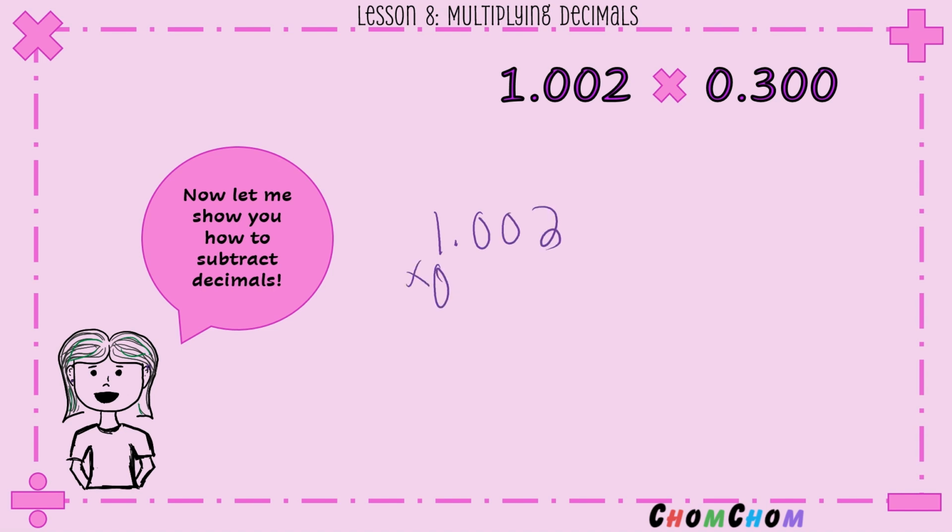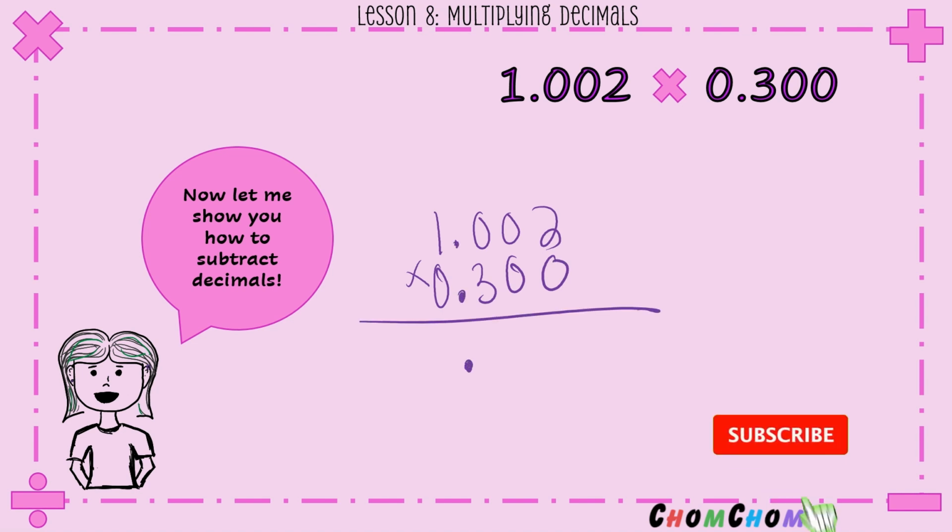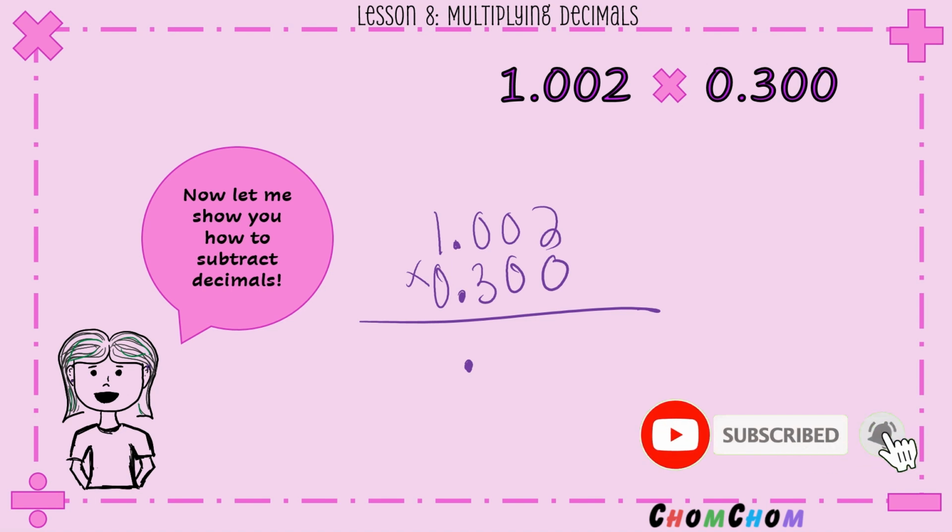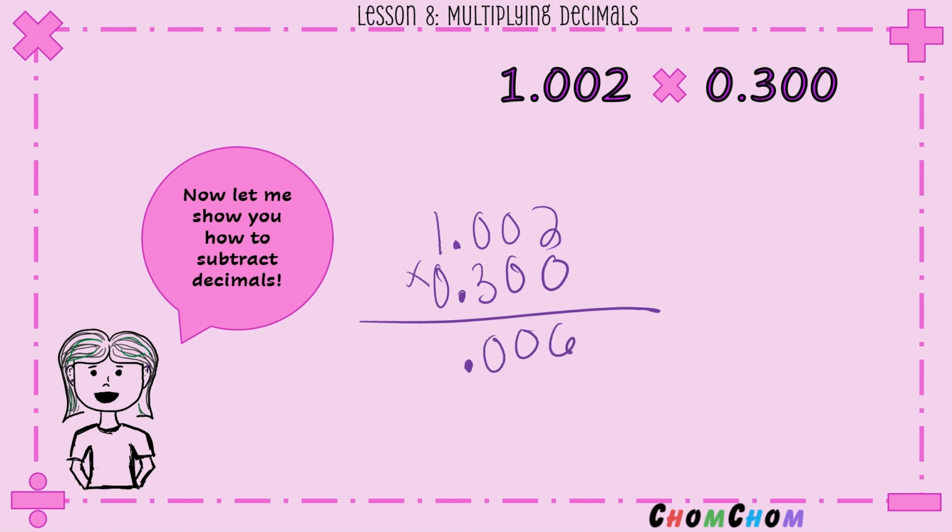Alright, and make sure you keep track of these decimal places, because this is the most important thing. Another little trick is put the decimal place down before. Alright, so we have 3 tenths times 2 hundredths, which is going to leave us with 6 hundredths. And then we have 3 tenths times 1 whole, which is going to give us